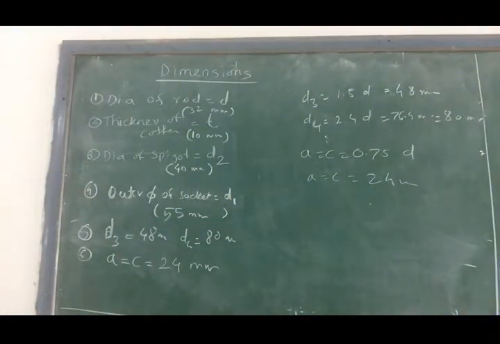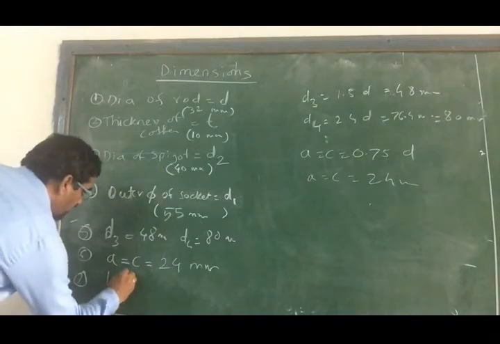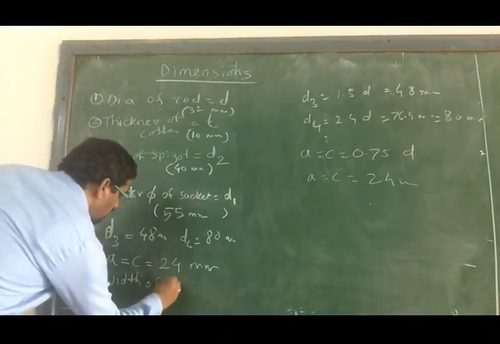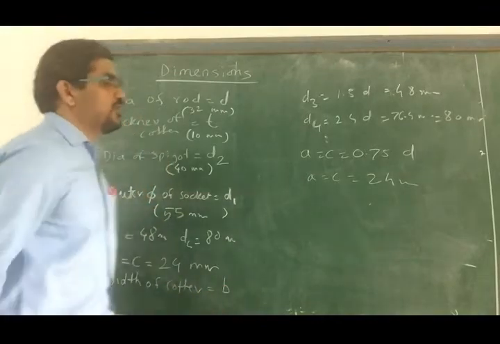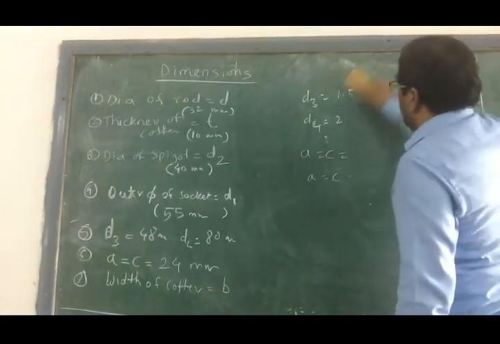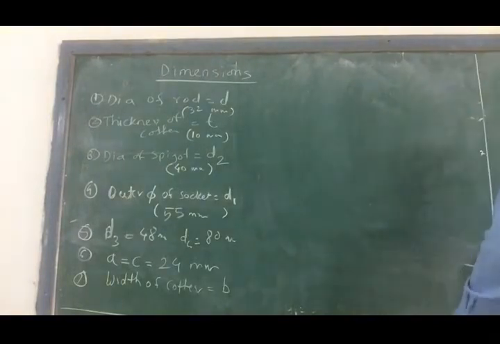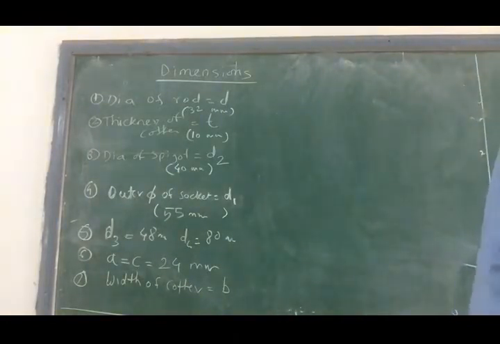Now the next stage is to find the width of the quarter, which is B. This is the most crucial thing, the width of the quarter. Okay, we'll see what we get. Now for B there are basically two formulas we'll be using, and then we'll get B using one formula and we'll see whether it will fail or be successful. So first is B is equal to P upon